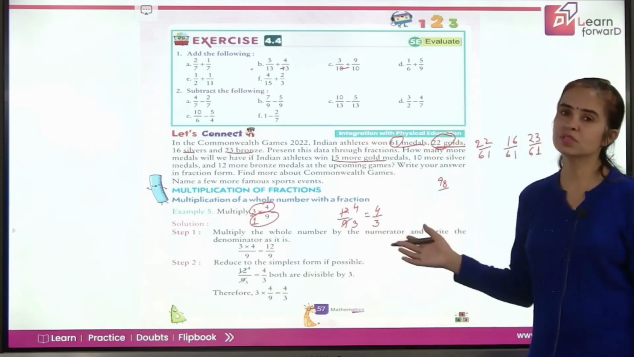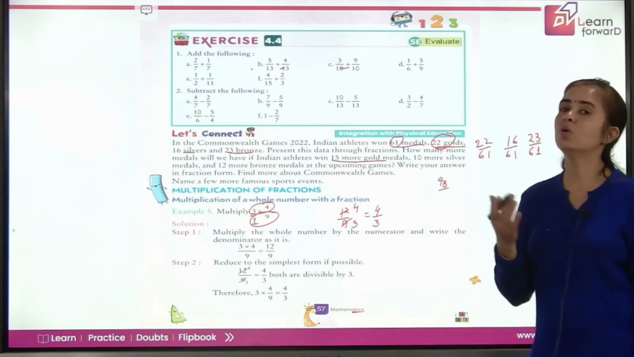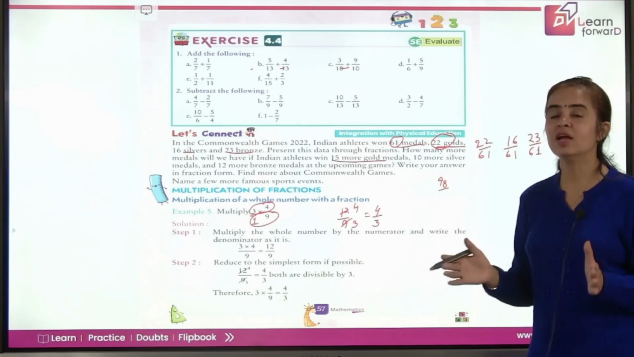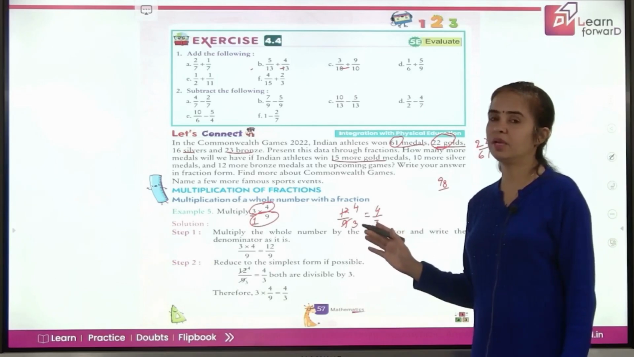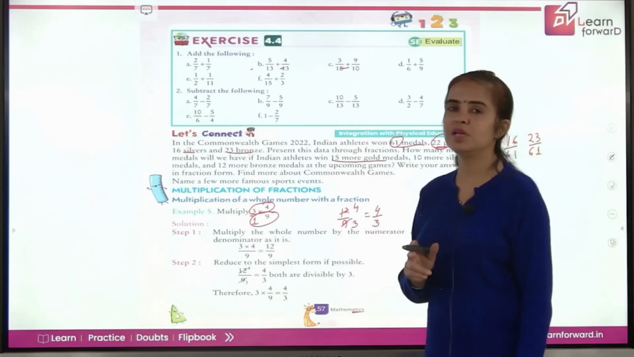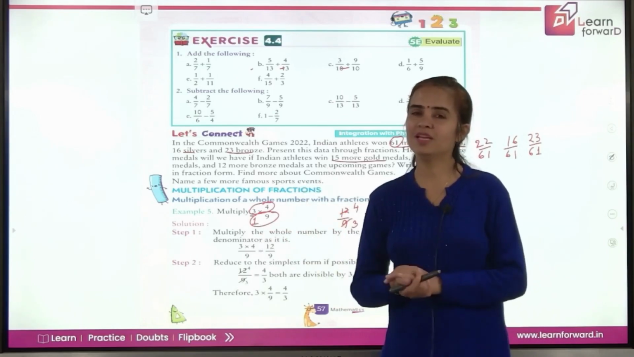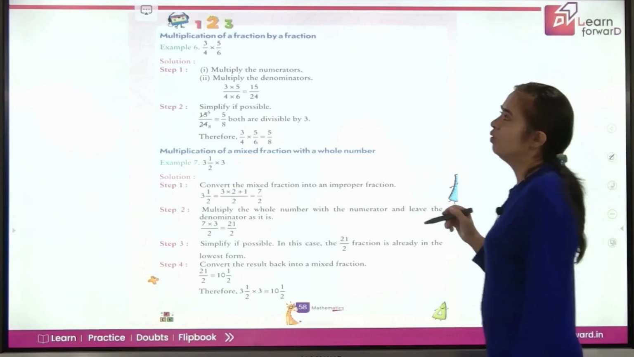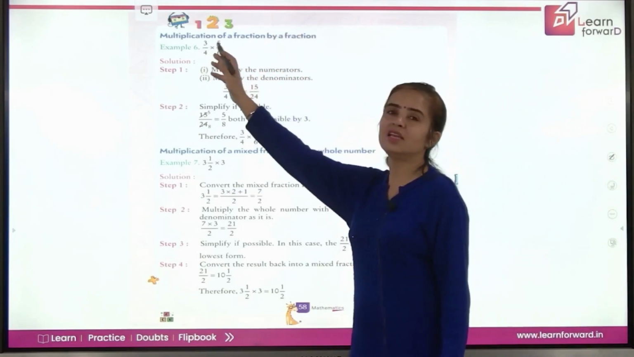It is so simple. You don't have to be bothered about equivalent fractions, about making the denominators the same, about finding the like fractions, nothing. Just multiply the numerator by numerator and denominator by denominator. And if any of the numbers being multiplied is a whole number, give it 1 as the denominator. Easy? It's very easy. Now, when you have to multiply a fraction by a fraction, same thing, 3 by 5